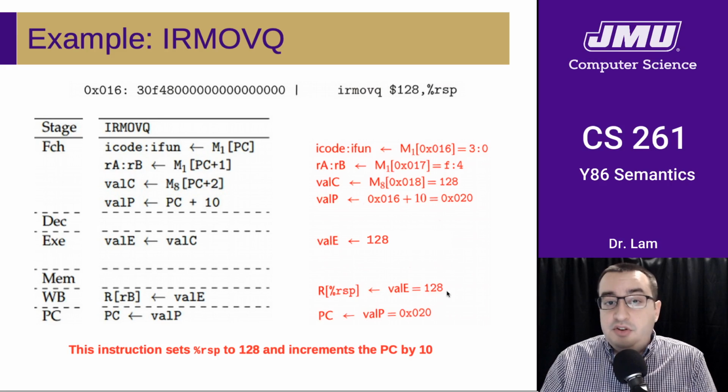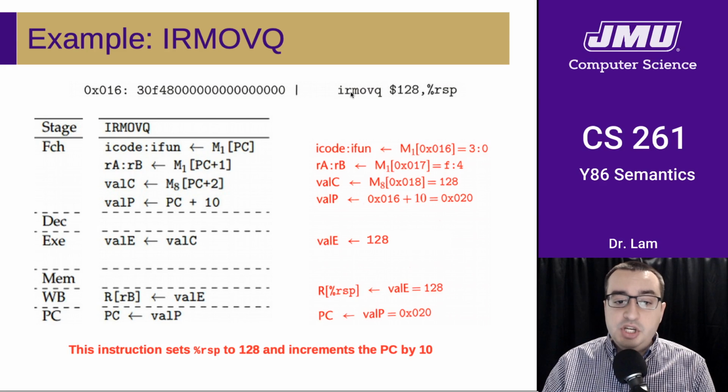So that's going to set the register. Which is the first effect that we care about. This is the first effect that is visible to the next instruction, right? This will be saved in the register file.